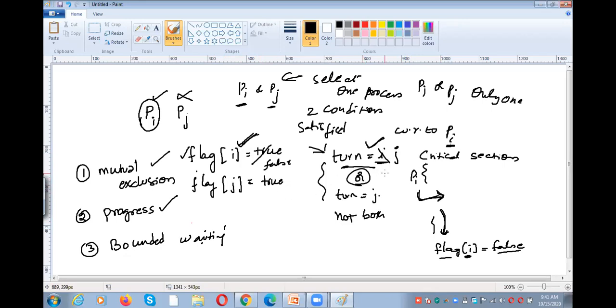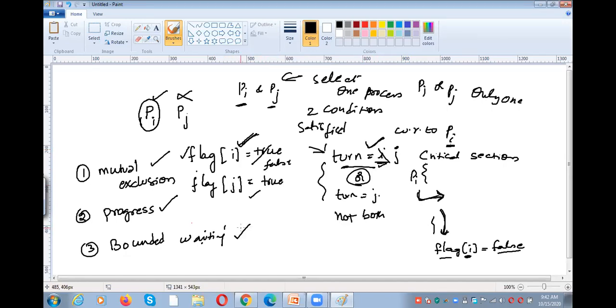Okay, so next time the j condition is satisfied, so j is allowed to enter the critical section. After that, again I, likewise one time process I and the next time process j, like that they are allowed to enter into the critical section one at a time. So bounded waiting is also